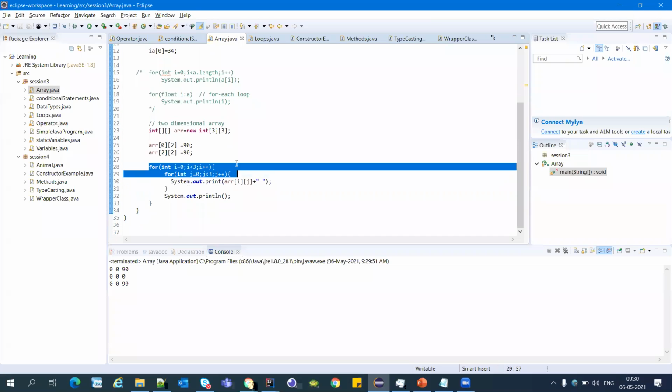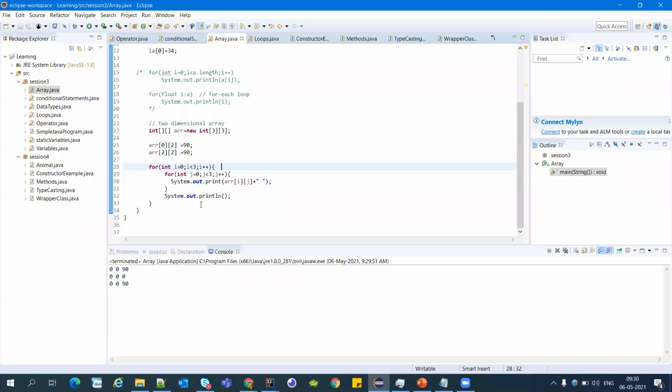So any question in array? Diksha has one question. It's a 2D, then the output value is 3 by 3, it's confusing. Can you please explain? So actually, we are using 2 for loops, one for the row, one for the column. So by combining this, we are getting 3 things here, which means 9 outputs.